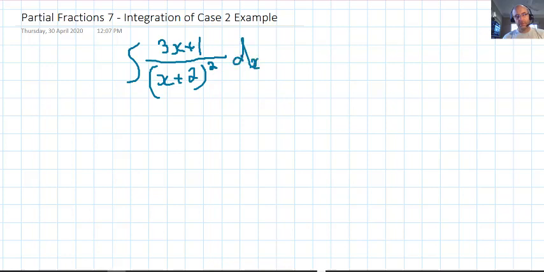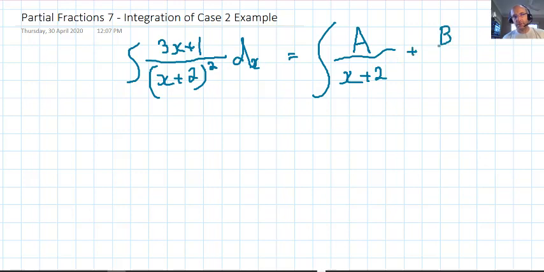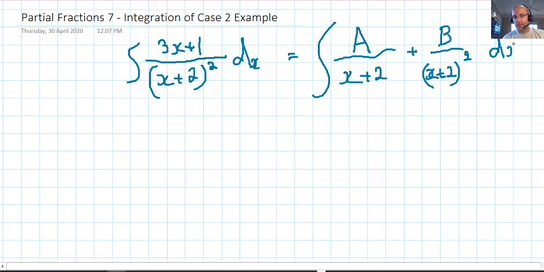dx. Okay, so using partial fractions on this, we can see that it's a case 2 because we'll have A over x + 2, B over (x + 2) all squared, and we're going to integrate those. Alright, so